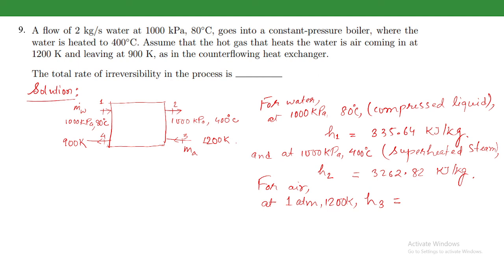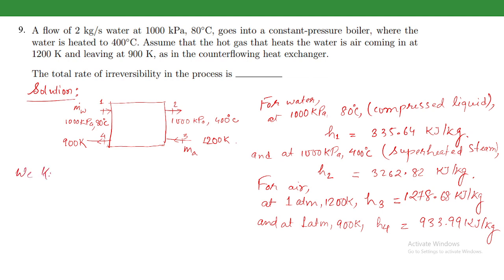Enthalpy is 1278.68, and at 1 atmospheric pressure 900 Kelvin, the enthalpy is 933.99 kilojoule per kg. Okay, now we know from the basic energy balance, the mass flow rate of